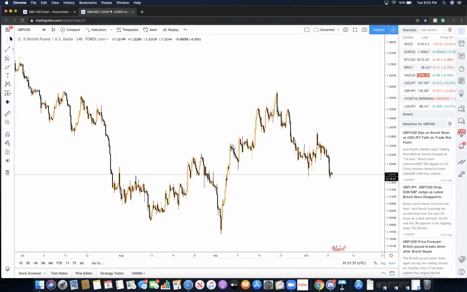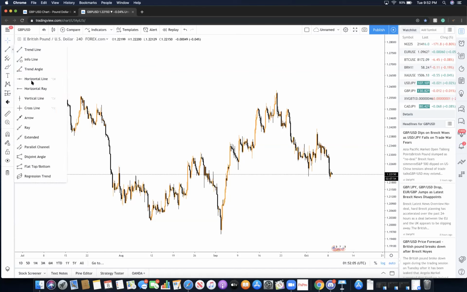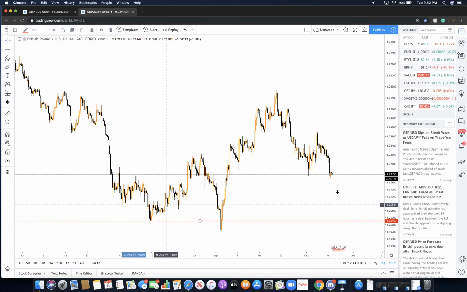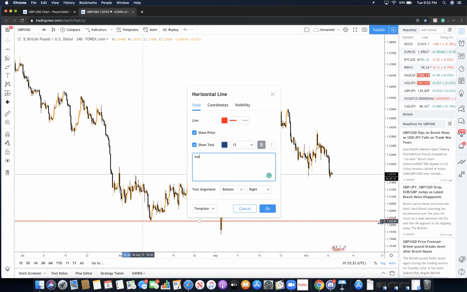The horizontal line can be found on our toolbar on the left, where you see this stick with the two dots on both ends. If you click on the trend line tools and click on horizontal line, you can drag your mouse to whatever point and then just click, and it will lay down a horizontal line. Now, if you look, that line that we have representing as support